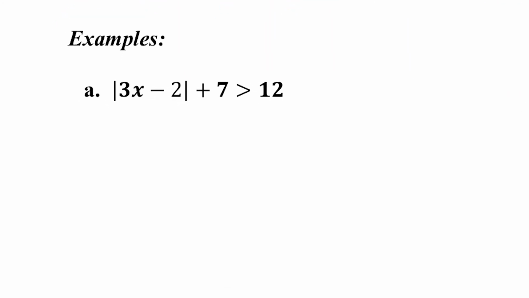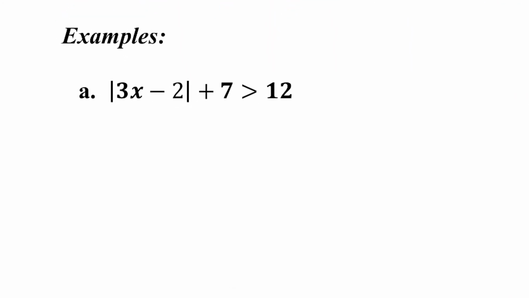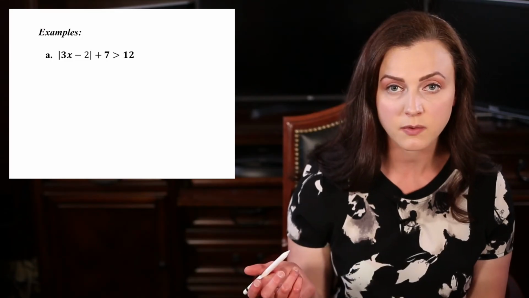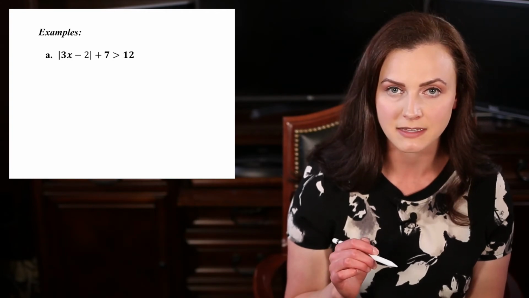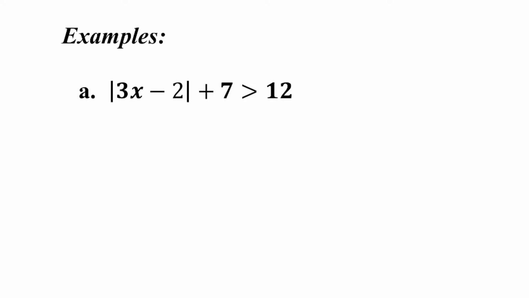So the first example is the absolute value of 3x minus 2 plus 7 is greater than 12. So just like with absolute value equations, you need to make sure the absolute value is isolated first. So I'm going to subtract this 7 to the other side, which means we have the absolute value of 3x minus 2 is greater than 5. Okay, and this is where the distance thing comes in. If my distance from 0 is greater than 5,